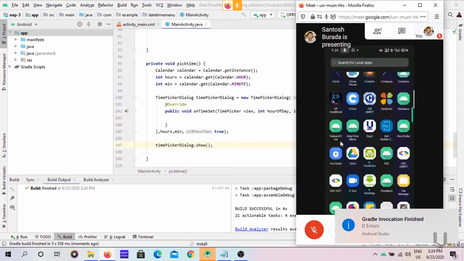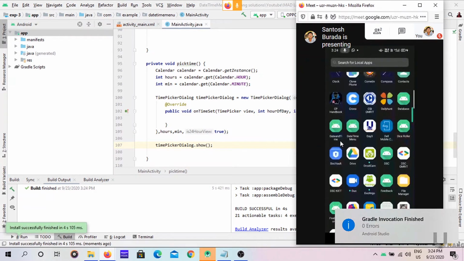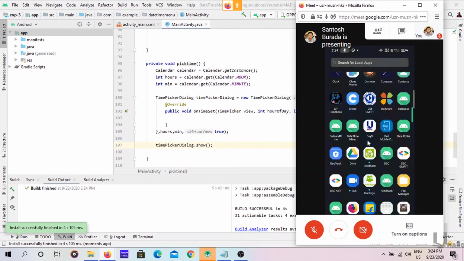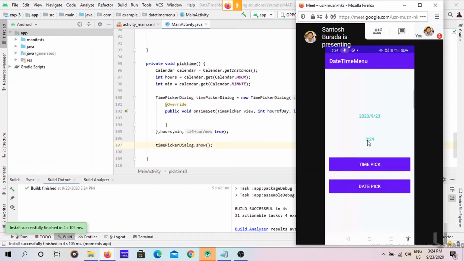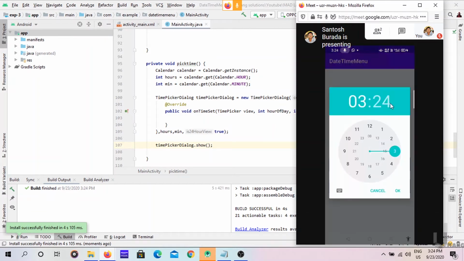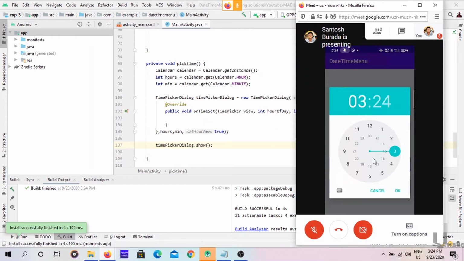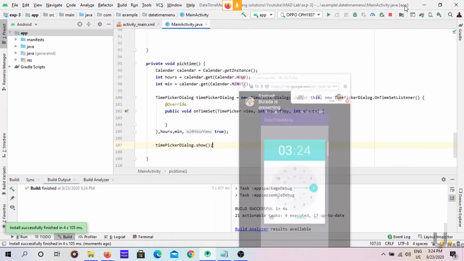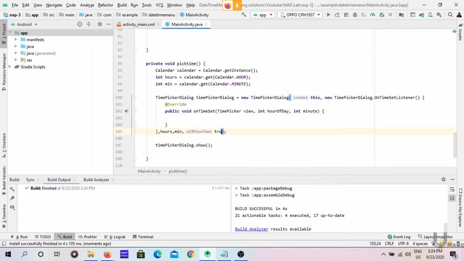Yeah, successfully. I will open the app. Yeah, see, this is the 24 hours format. So if I keep it as false, I will run it again.